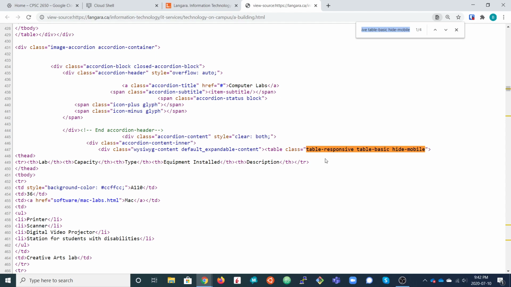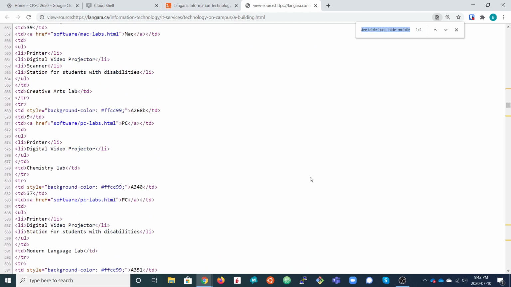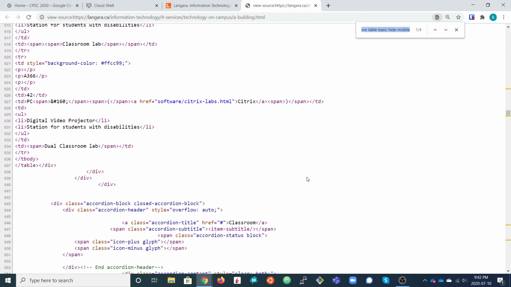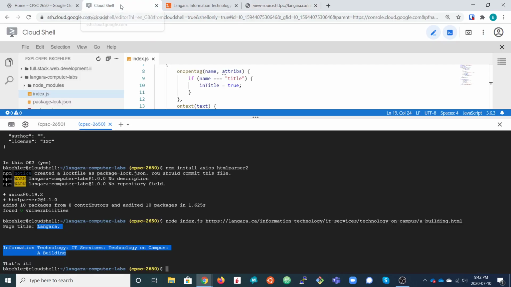So what we're going to do is we are going to key in on the table element with this particular class attribute set. And then once we've reached that point in parsing the document, then we'll start counting rows. And you'll see there'll be all the rows there. And eventually we will get to the end of that table. And so when we get to the end of the table, the closing table tag, we'll stop counting rows and print out the result. So that's what we're going to do.